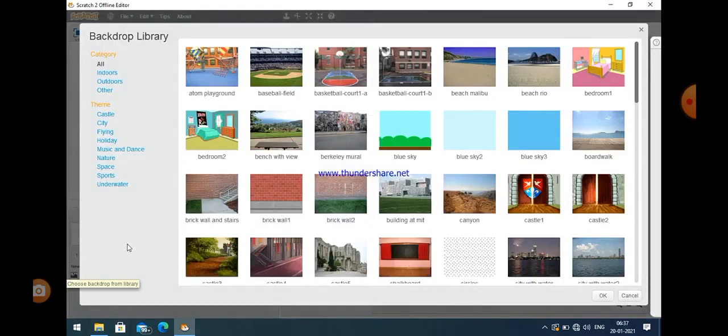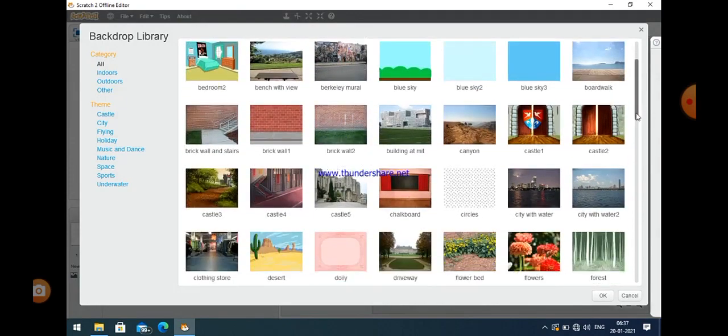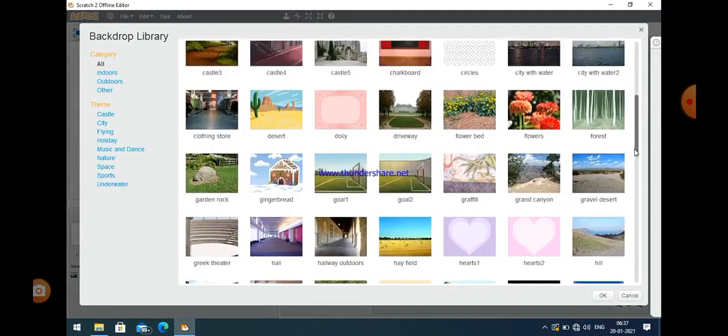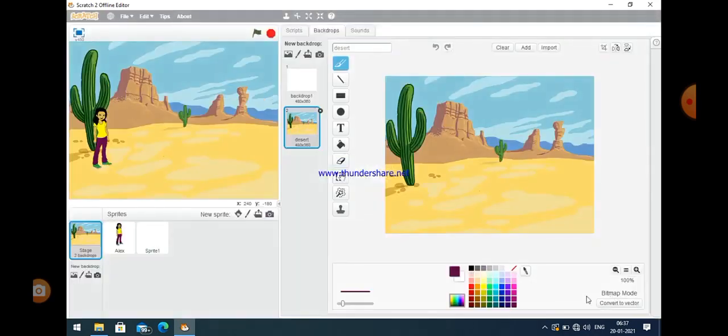So 4 options are available. So I just pick the first option, library. You can easily see here that different categories are available, and different backgrounds related to different categories are there. Suppose I just pick one of them, desert. You can easily see here that